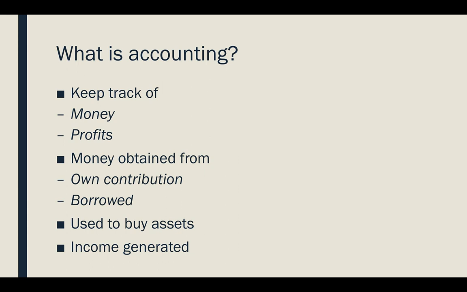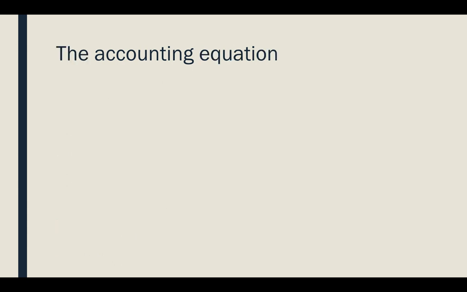You are then able to generate an income as a result of having all of these assets. That is the whole purpose of running the business, is it not? So the accounting equation you have actually identified without realizing it. You start off with your assets, which is something that the business uses to generate your income, all your streets,